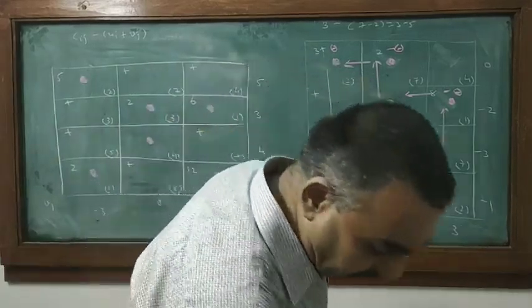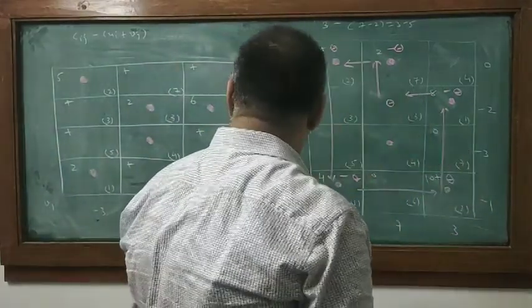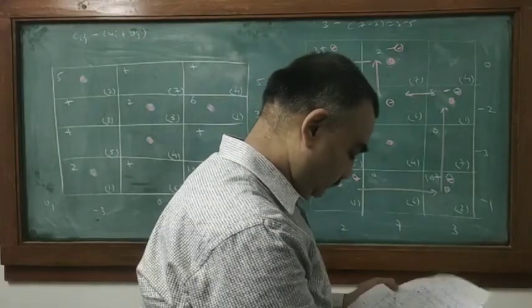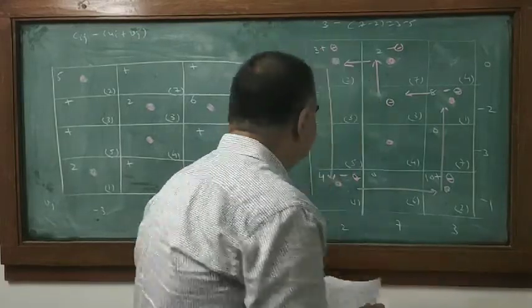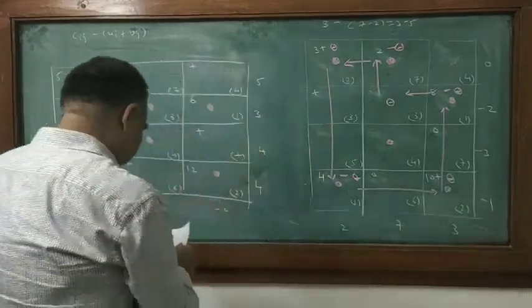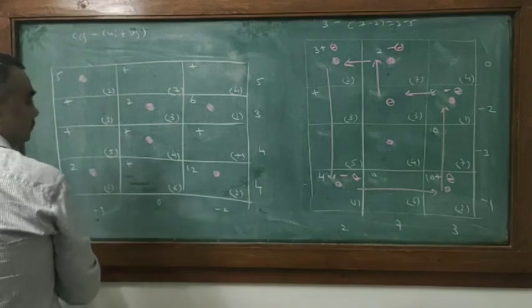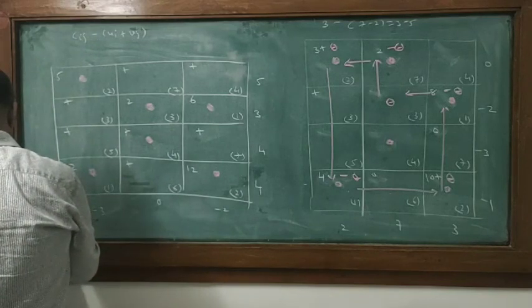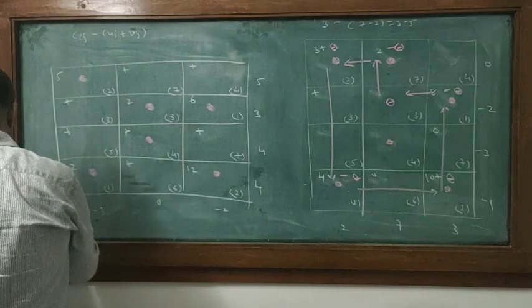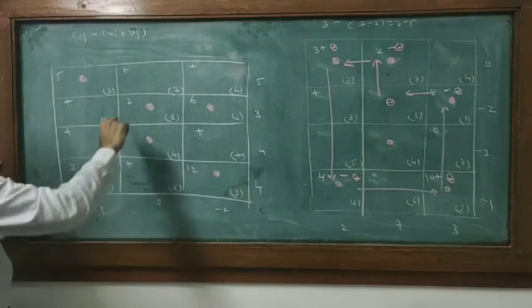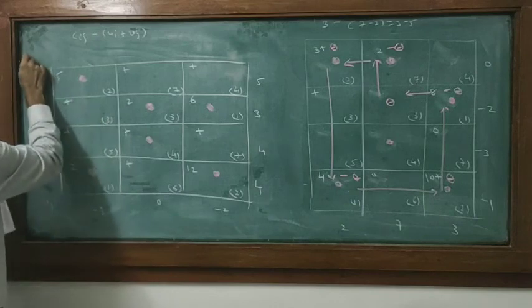And at 4 it was, I think, 7. Okay. And therefore the cost of transportation is 10